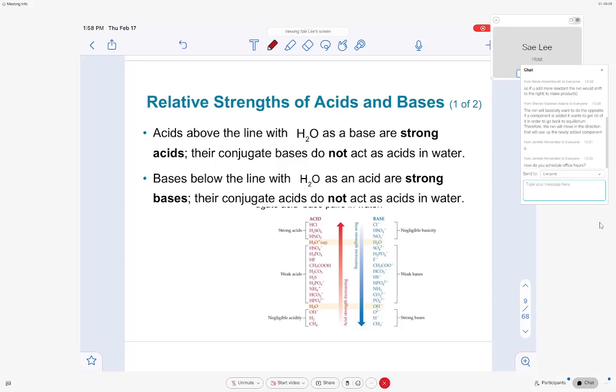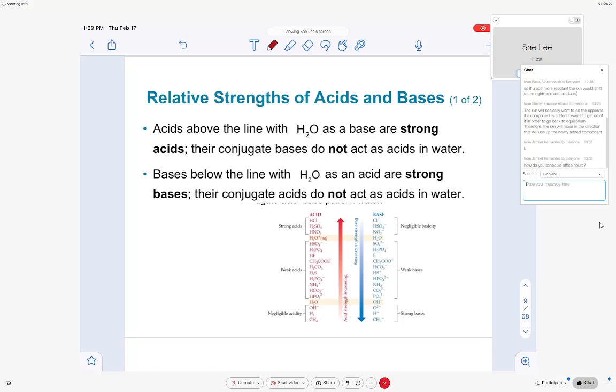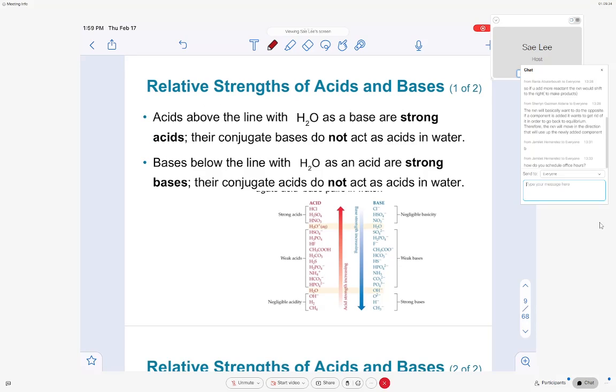How do you know when a molecule will donate a proton or accept a proton? Or how do you know when a molecule will act as an acid or a base? The relative strength of acids and bases determines whether a molecule will donate or accept the proton. Some acids are better proton donors than others, and some bases are better proton acceptors than others. If we arrange acids in the order of ability to donate a proton, we have a chart that looks like this.